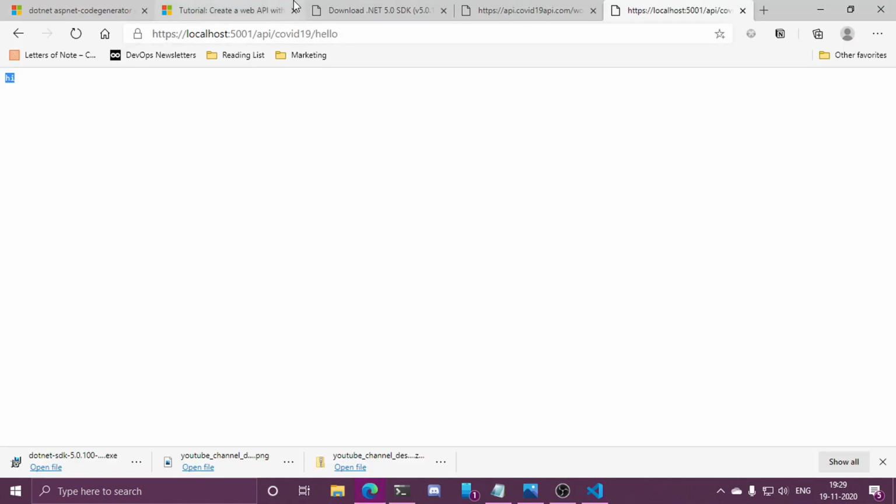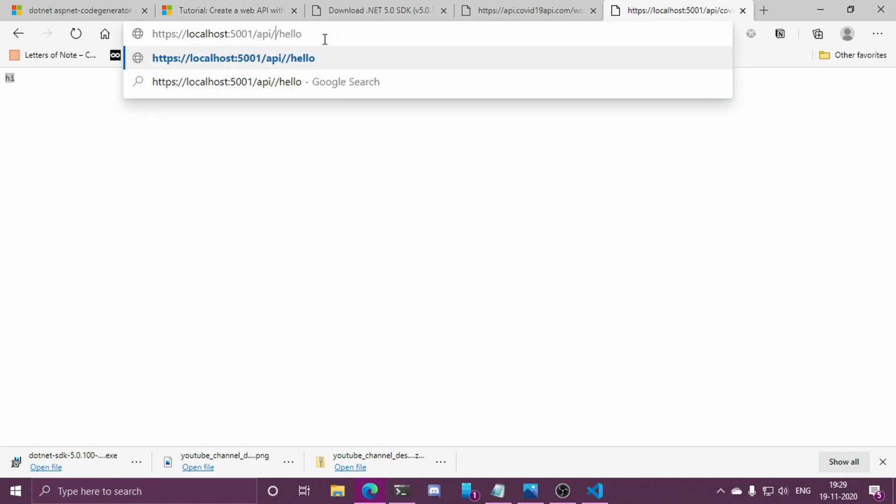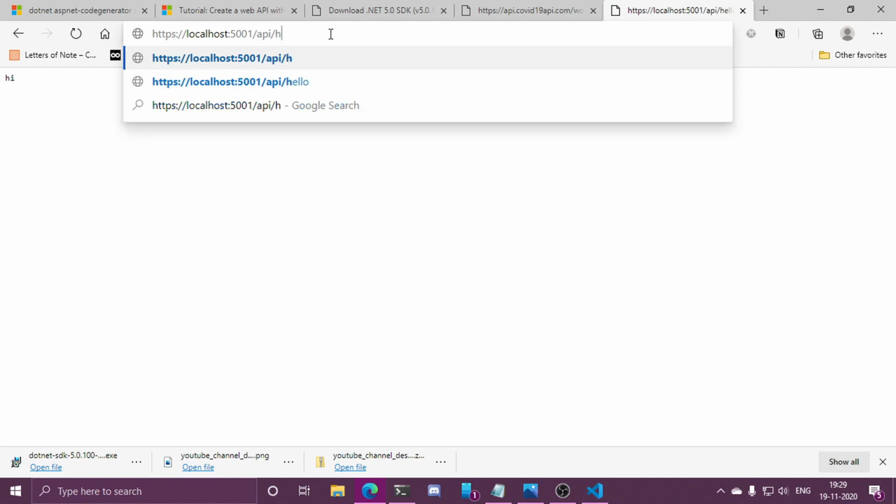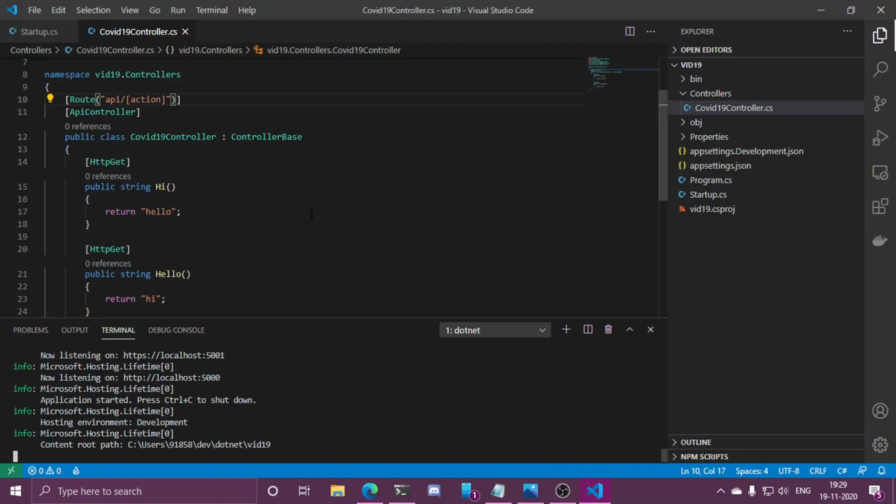And now my API routes will be API/hello. Now the controller name is not there, only the action name is there. So hopefully that might have given you a quite insightful look into the basics of routing in this .NET Core ecosystem, right? So I just quickly wanted to talk about it. So we are going to stick to API controller and then action notation.